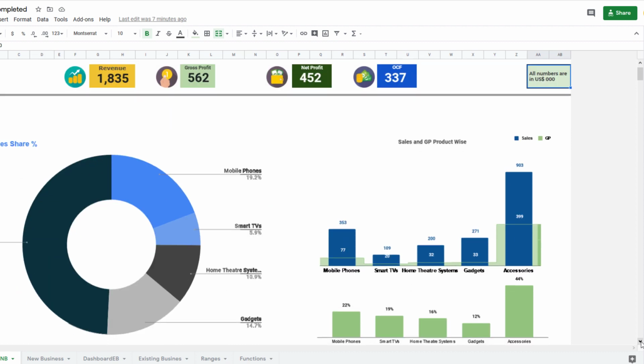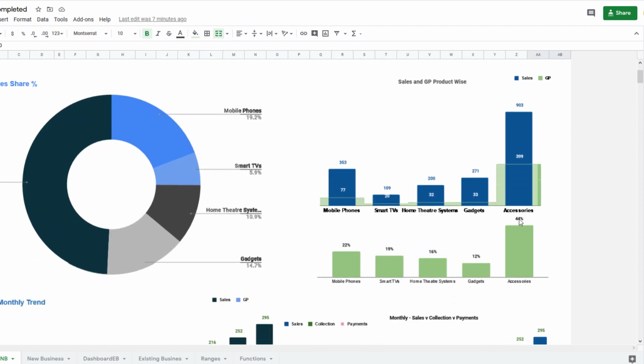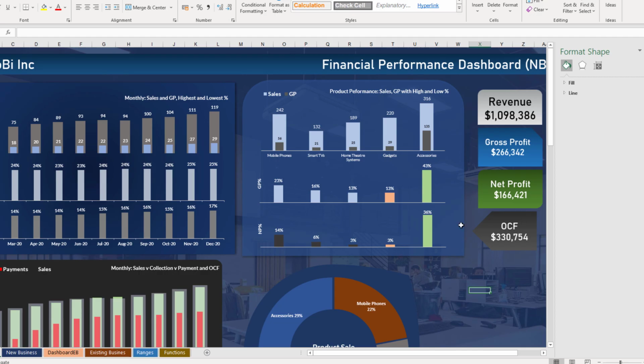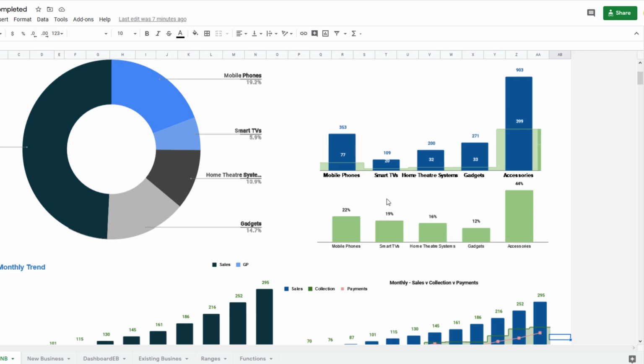Now, if you go down, we have a profit distribution per product, which is fairly one simple chart. Again, with the Google Sheet, we cannot do this kind of dynamic color changing of our highest profit and lowest profit. That limitation is there with the Google Charts. So the Google Sheet chart, we cannot do that. So I have kept a simple presentation of our gross profit percentage for each of our product lines.